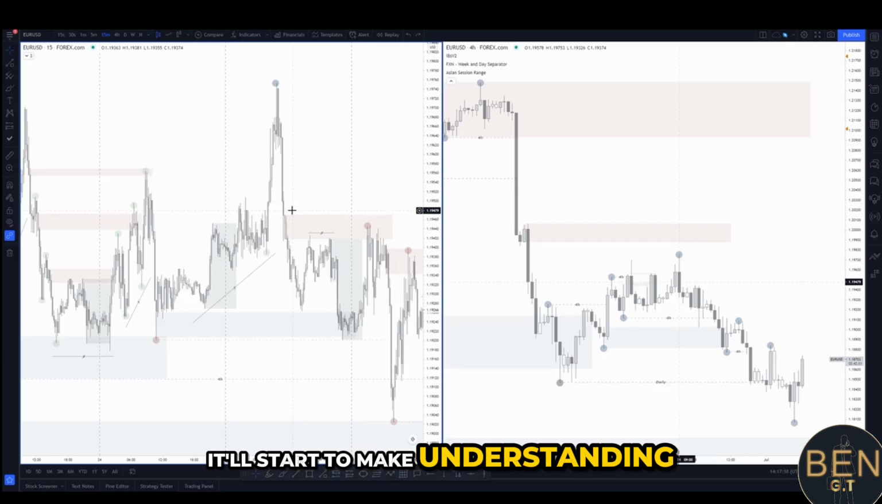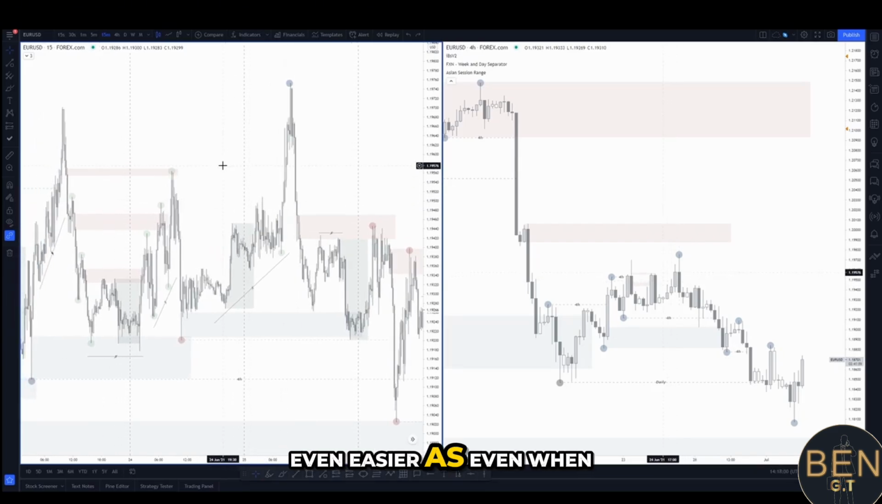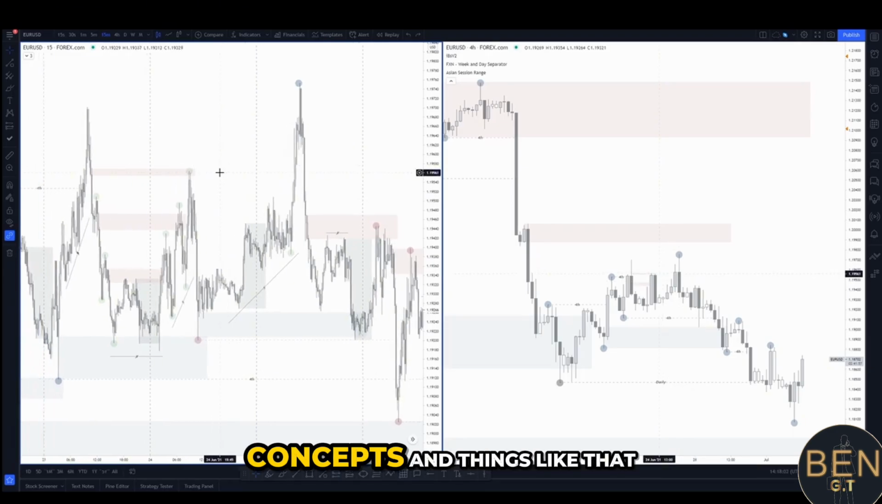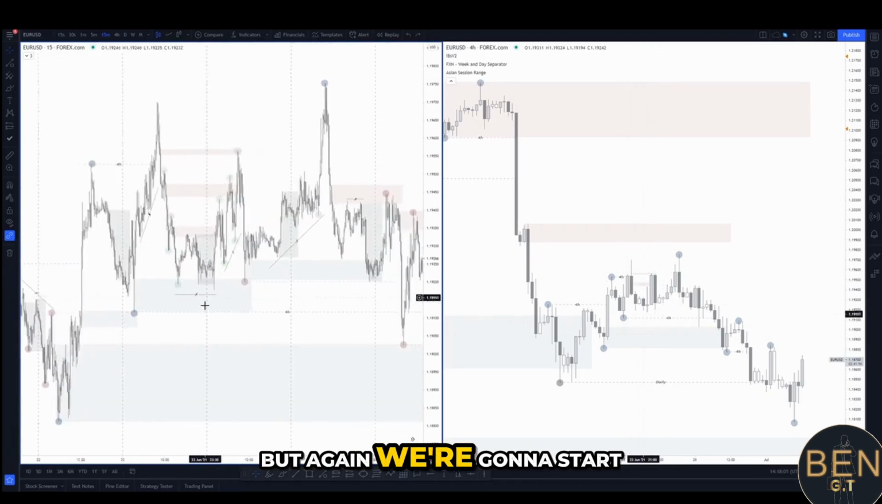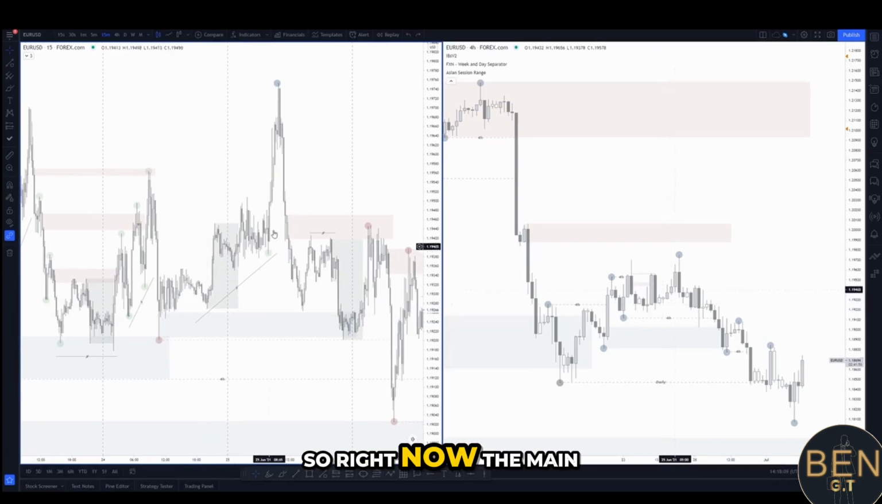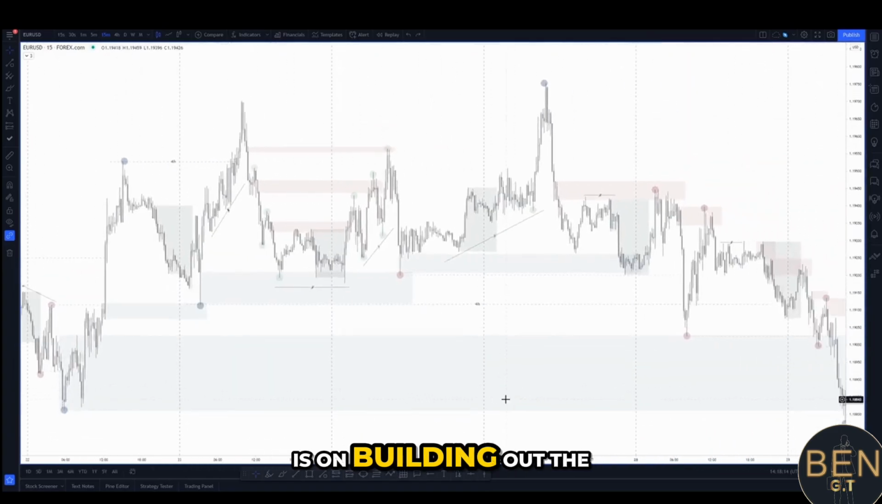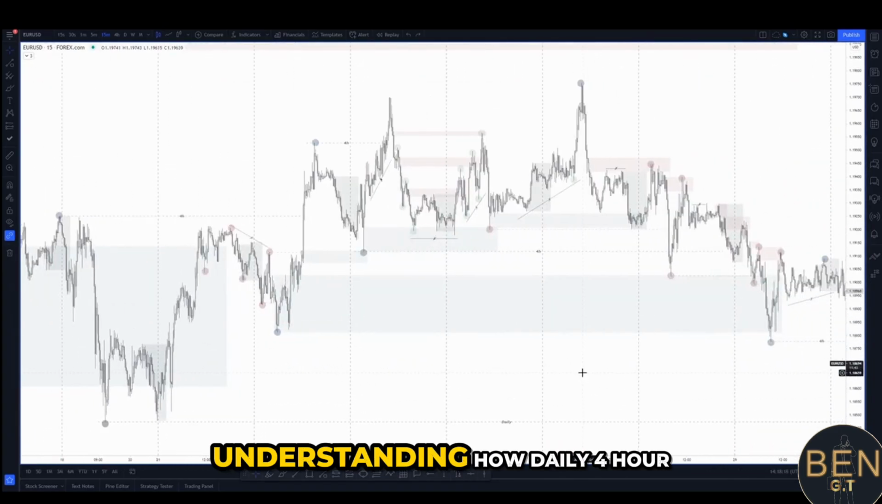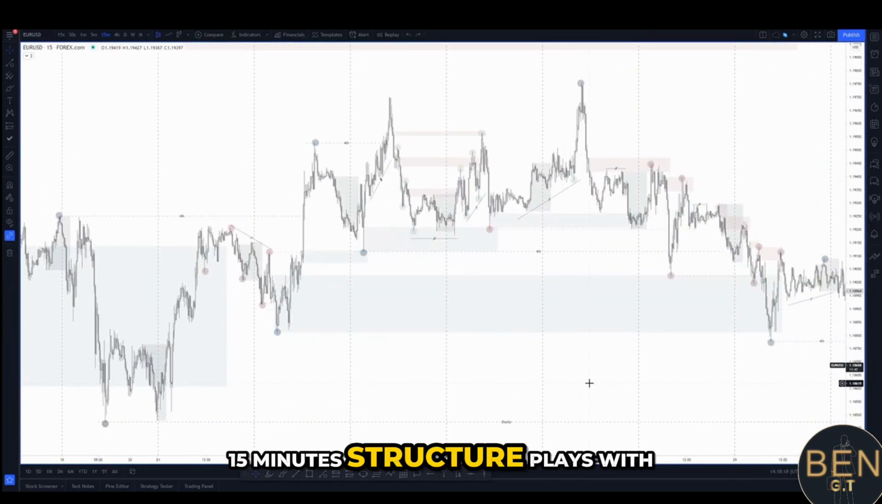It'll start to make understanding market structure even easier, even when we start to combine liquidity concepts and things like that. But again, we're going to start from the foundation and build onto that. So right now, the main idea and the main emphasis is on building out the structural components, understanding how daily, 4-hour, 15-minute structure plays with each other, and how trends are built and how they follow one another and how they deviate from one another, how we can include supply and demand into those concepts to better understand what is